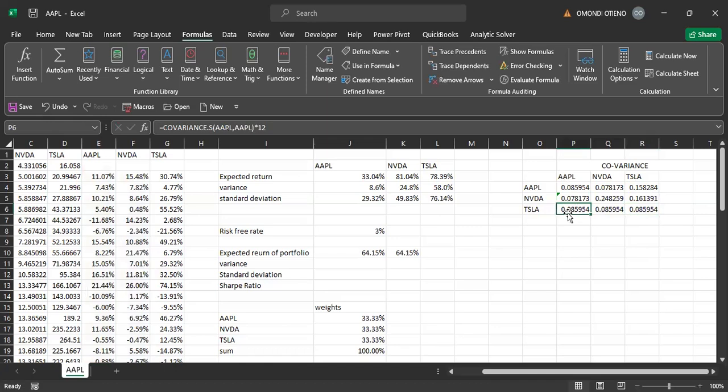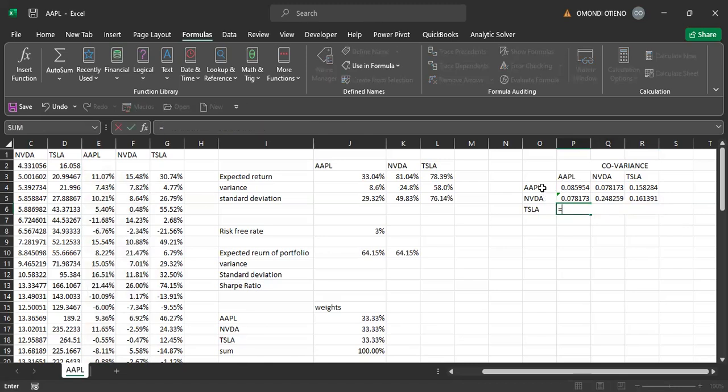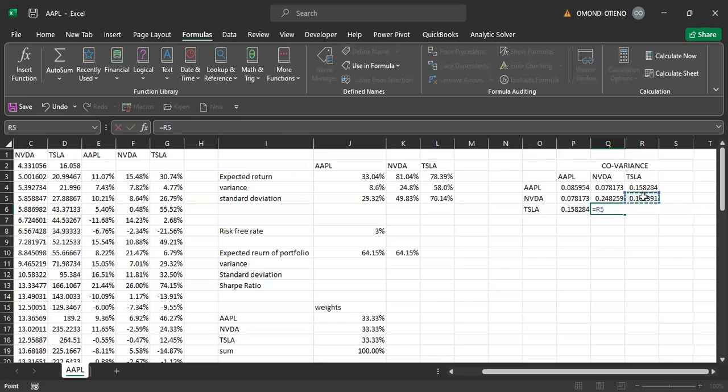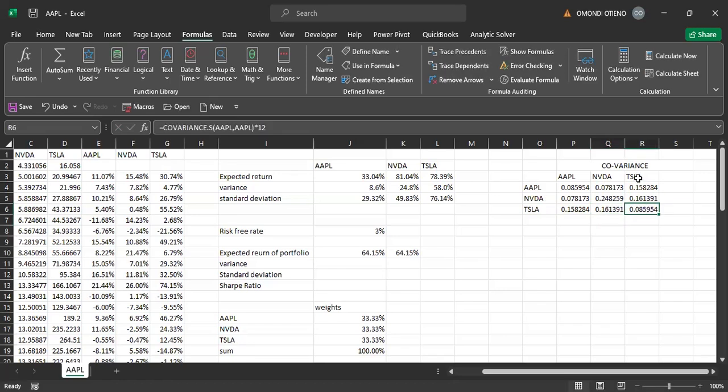Look at where we have. It's normally the same thing. So look at where we have Apple and Tesla. So just come to Apple and Tesla. It's the same as this one here. Look at where we have NVDA and Tesla. So you look at NVDA, Tesla, we simply refer to this. And of course, at this point, look at where we have